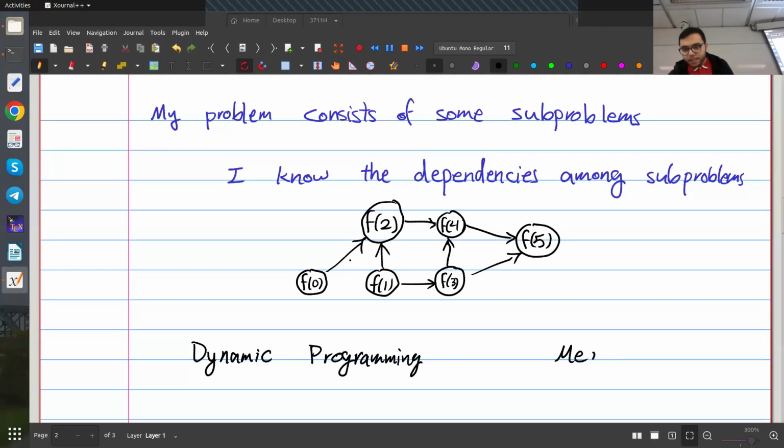It's basically like the differences between the different algorithms that we had for topological sort. So if I want to do memoization, I start from the end. I say that I want f of 5. In order to find f of 5, I have to find f of 4 and f of 3. So I recursively find them, but as soon as I find them, I just write them down so that I don't calculate them again. And then because I need f of 4, I need f of 2 and f of 3, and